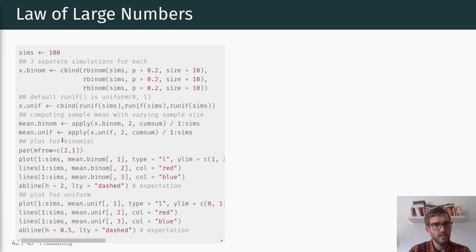Okay. And then we will plot this both for the binomial and for the uniform distribution. For the average, we're summing this up and we're dividing by the number of simulations, of course. But in each case, this is ranging from 1 through 100. And then we're creating 2 separate plots where we plot as a line plot the average of these binomial distributions for the binomial, ranging from a sample size from 1 essentially to 100, and we do the same for the uniform distribution.